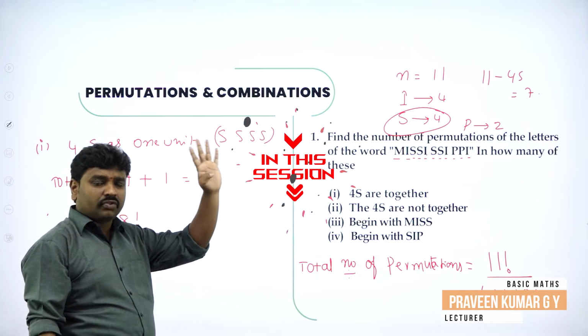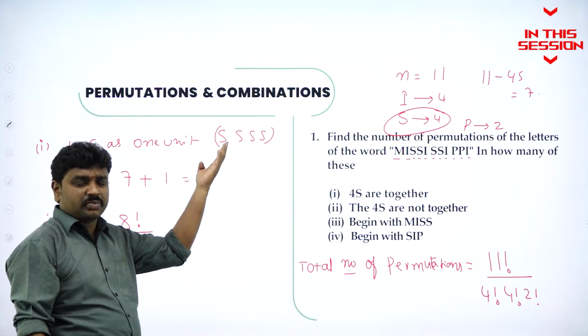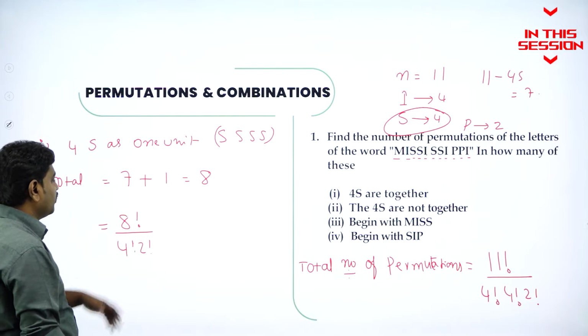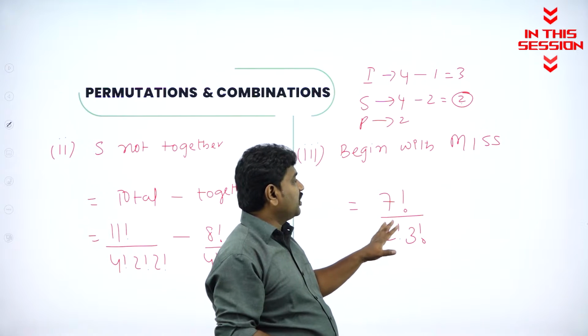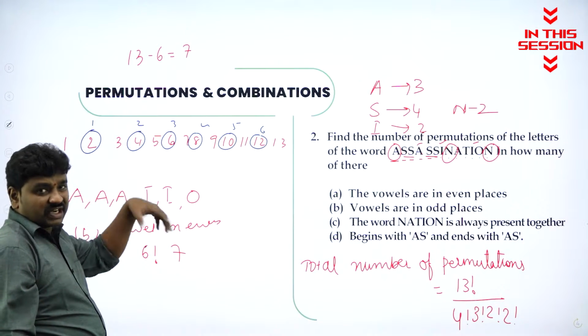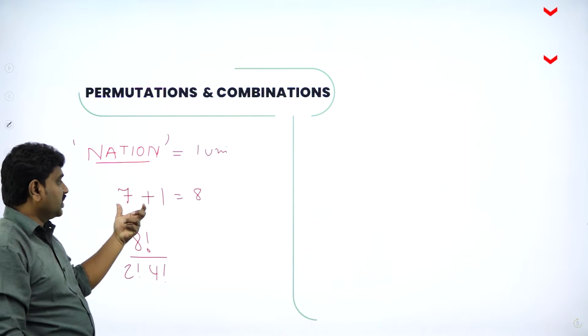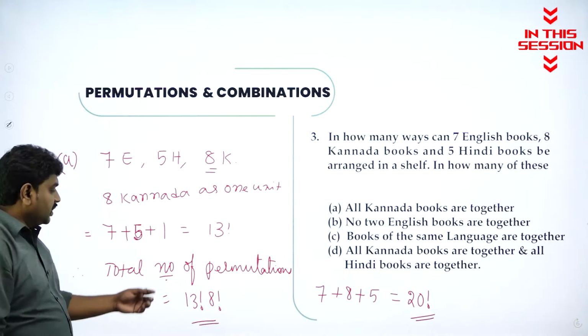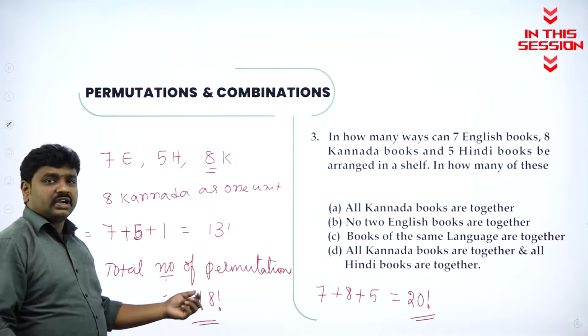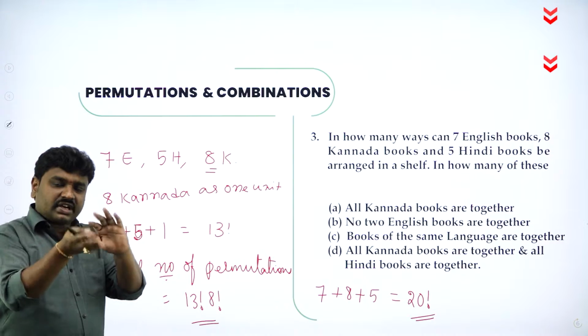4S can be arranged in 4 factorial by 4 factorial because it is repeated. 4 factorial cancels, it will be 1. So we'll have remaining 7. 7 letters can be arranged in 7 factorial divided by repeating. Out of 13, 6 places I have selected to place even numbers. So 7 plus 1, 8 different letters will take. 8 letters can be arranged in 8 factorial, but in this 7 letters, 13 different ways of arranging, and that 8 cannot together, we can arrange them.